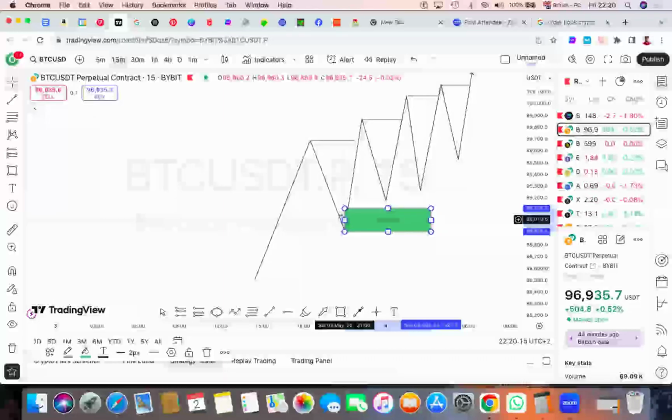The way to identify your fair value gap from your imbalance is that, when it's a strong move, a very strong bullish pattern, you would see three Marubozu candles, which have a big gap between the first and the third candle. That scenario is the imbalance. When the gap between the first and the second candle is smaller, you refer to it as a fair value gap.